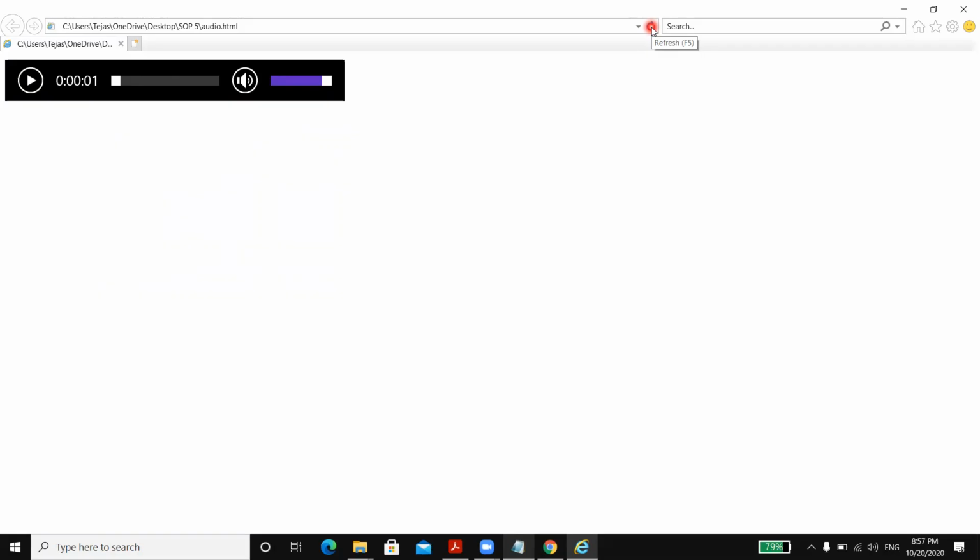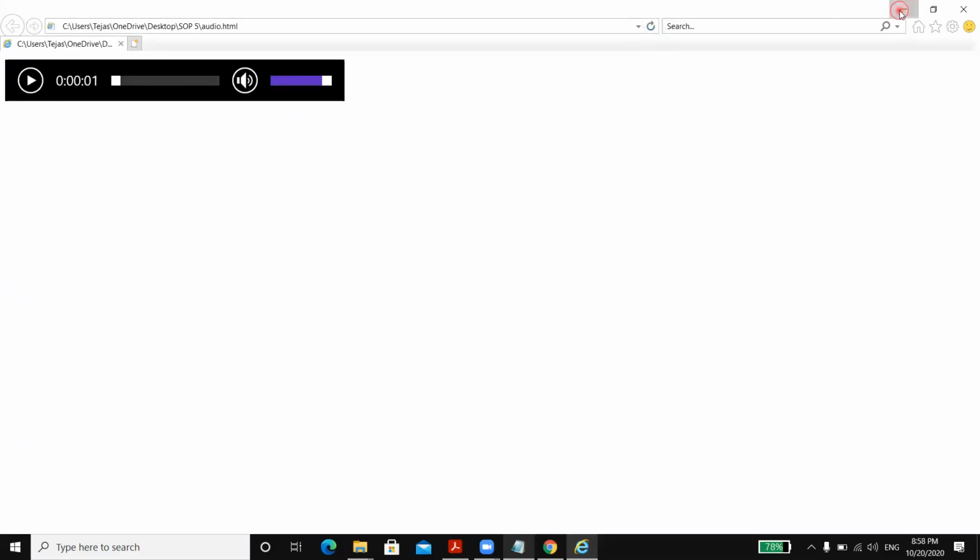So you have to always be careful because some browsers will support a particular attribute and some browsers will just ignore it. So you can either continue with Google Chrome or you can continue with the basic version of Internet Explorer. Remember, on the Windows operating system, you have Internet Explorer and also Edge as a browser. These are the two different versions. I'm using the old one, Internet Explorer.